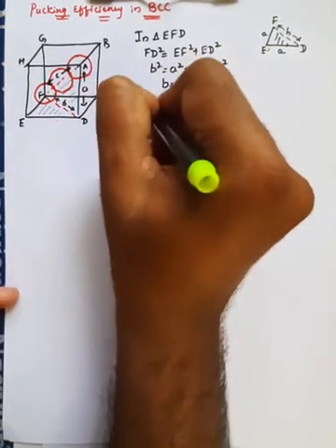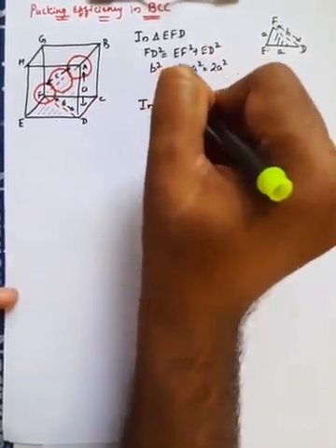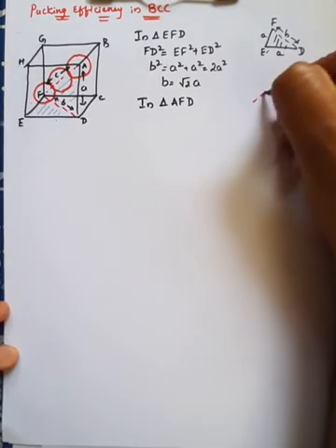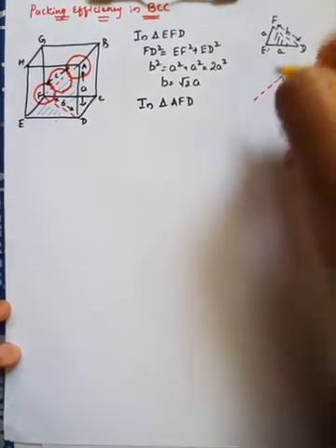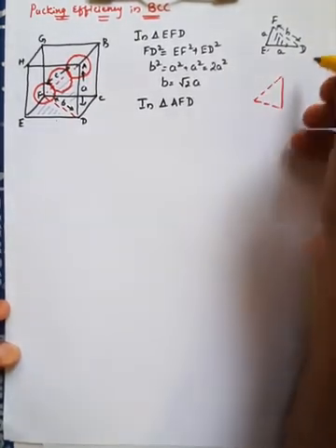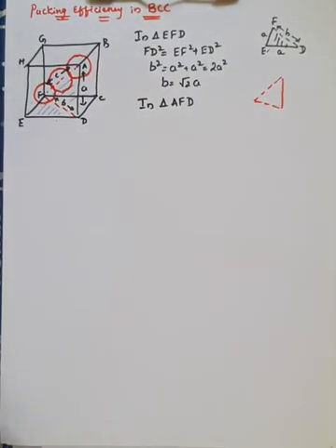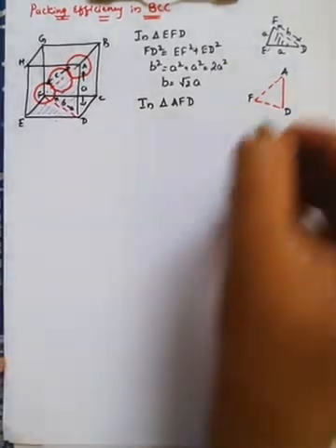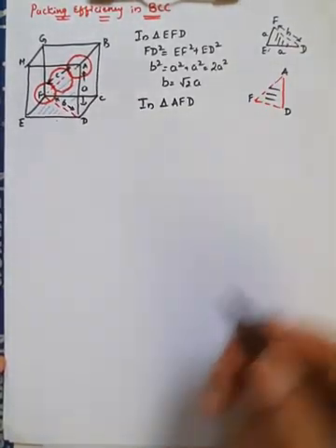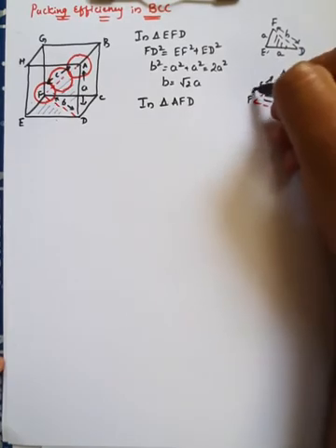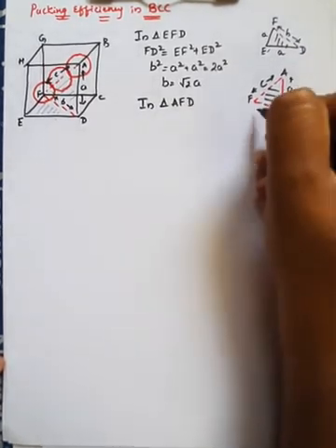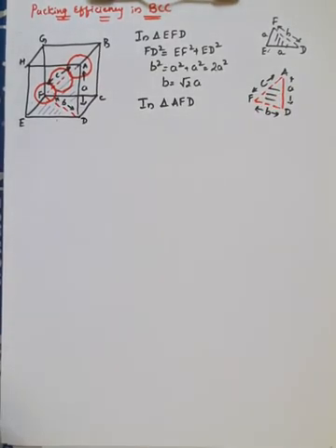Now if you consider the second triangle, triangle AFD, I will draw it here. So this was the second triangle. This was A, the above was A, this was F and this was D. So in this triangle AFD, this length was C. Here this edge length is A and this edge length was B. So all the edge lengths are different. One is C, one is A, one is B.